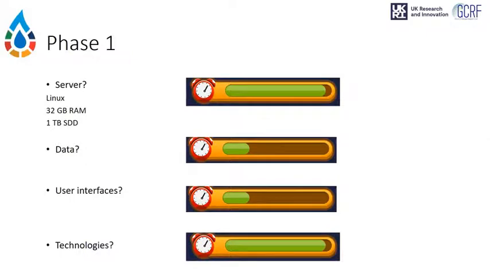From phase one, we have the server. The server is used. There were some problems due to the cyber incidents, but it's a Linux. It's good, they gave us a 1 terabyte hard disk. It's 32 gigabyte RAM. If we're going to do analysis, we might need some more RAM, but for now this is good. I still have no data to be able to use for the platform, but there are some people that promised me they will give some data, as I mentioned, for the water quality. The user interface will be designed based on the data that I will receive, hopefully in the next 2 weeks. And then, yes, the technology has been selected already.